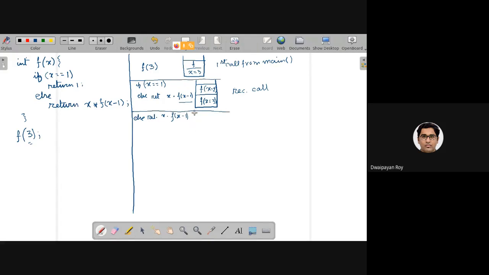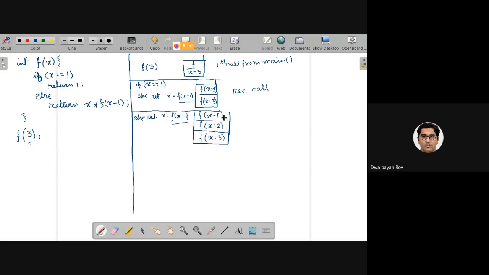So for that, what will be happening? There will be another push inside the stack. First, it was containing f of x equals 3 function call. Then it was containing the x equals 2 function call. Then over that, this function call, which is x equals 1, will be pushed on top. Right? So at every point, the topmost function call is the call we are currently in. You may consider that.